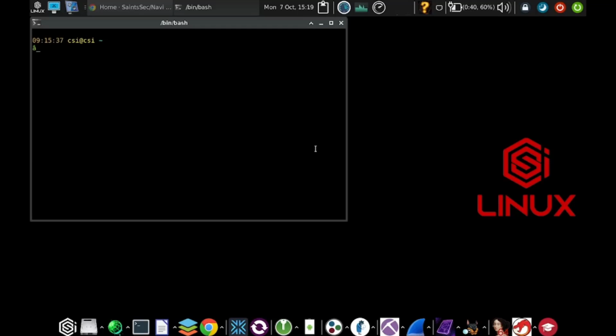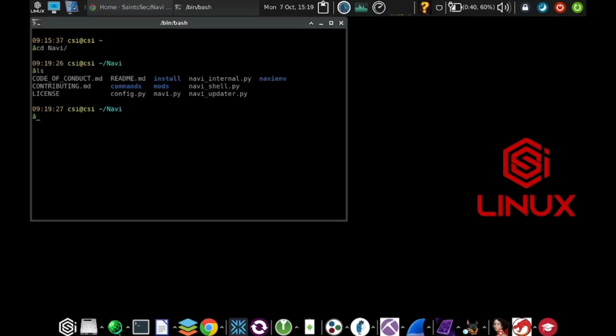So, that's where Navi's inspiration comes from, and a little bit of the background history. One of the other questions that was asked was, how do you install Navi? So, we have the install. It's presently already cloned onto this device, so let's jump in here. ls, we see there is an install directory,